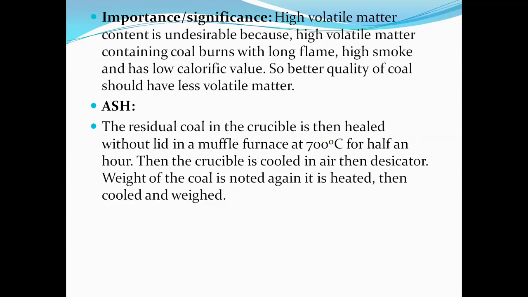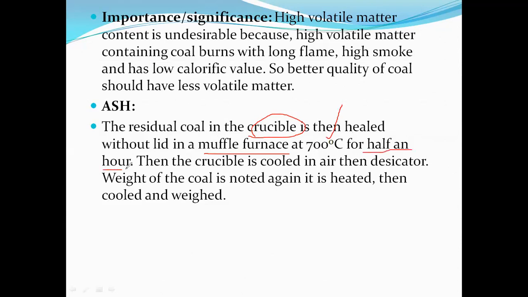You see this. The ash percentage, the ash impurity present in the residual coal sample, is determined by using the following process. Coal sample should be taken in the crucible. It should be heated at 700 degrees centigrade, and the process should be done for half an hour. Coal sample should be taken in the crucible, in the muffle furnace, and heated at 700 degrees centigrade. The time taken for the heating should be half an hour heat cycle.